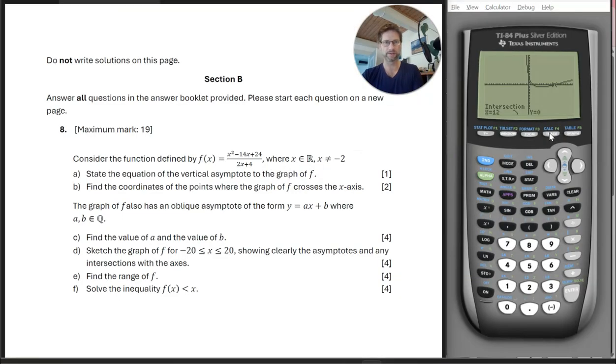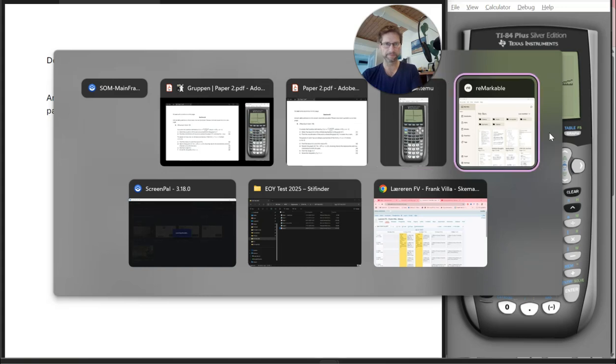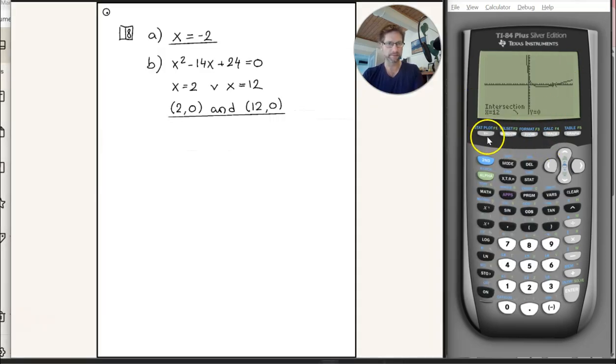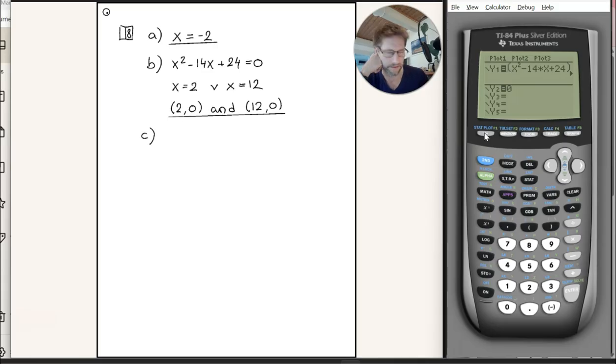Back to the question. So that was for the intersections with the x-axis. Now it says that the graph of f also has an oblique asymptote of the form y equals ax plus b, and we have to find a and b, and they're rational numbers. So finding an oblique asymptote, for that, we set up, I have the expression here, we set up the division,